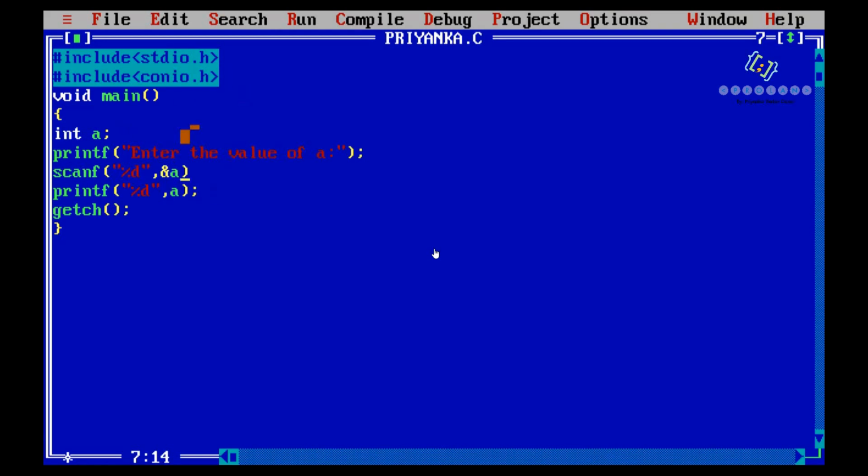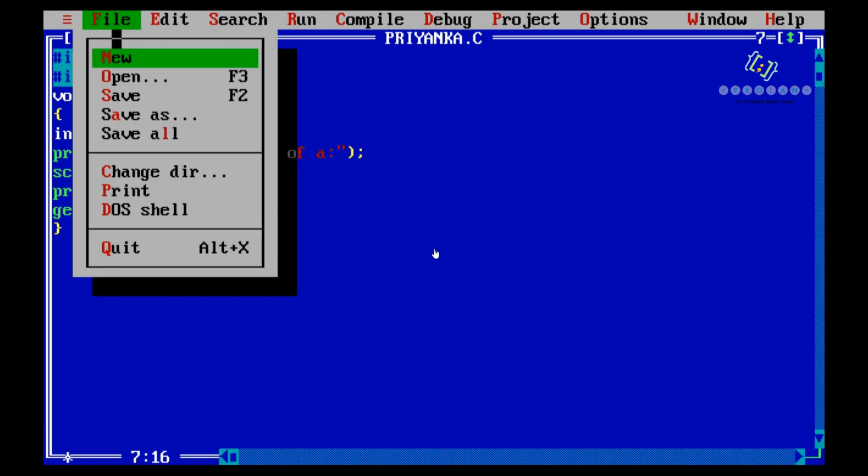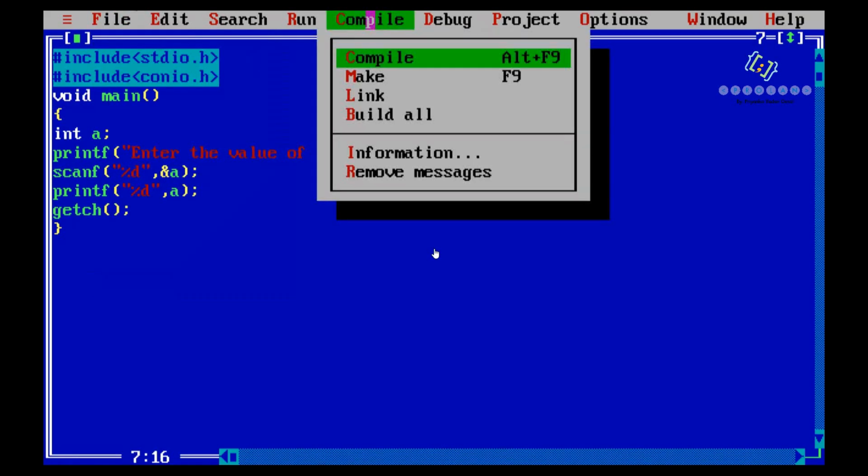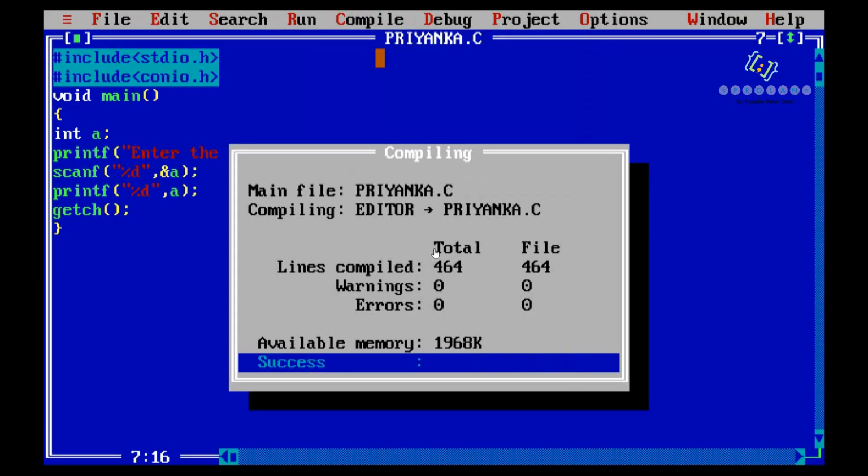Ampersand is used to access the memory location of a. So I'll be storing at the memory location of a, and after storing a value at a, I'll be displaying that value. Okay, so let's just compile this program first. Let's save it. After that, compile your program. So see, zero errors, zero warnings.